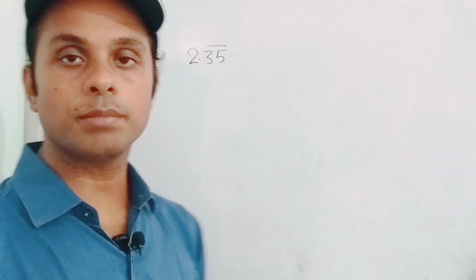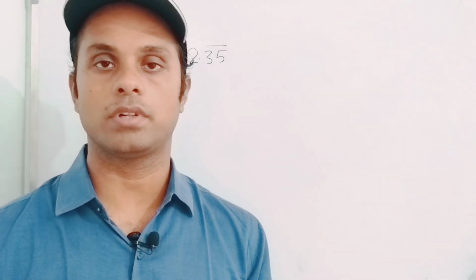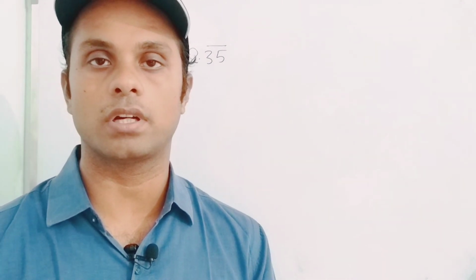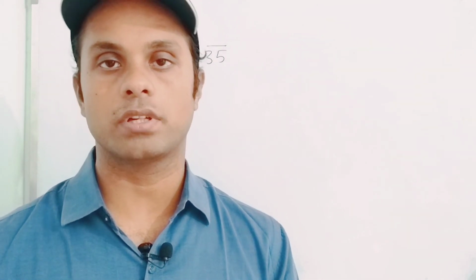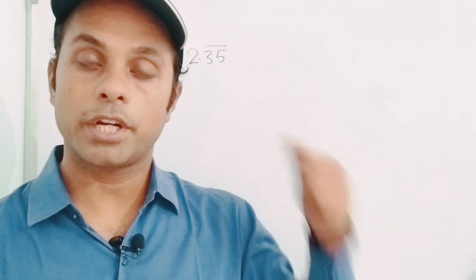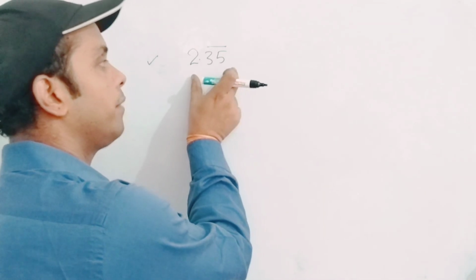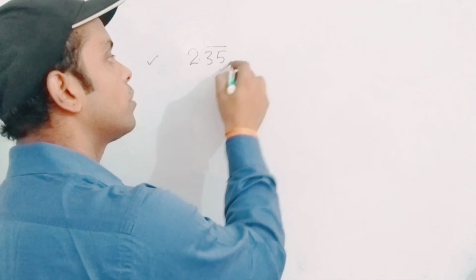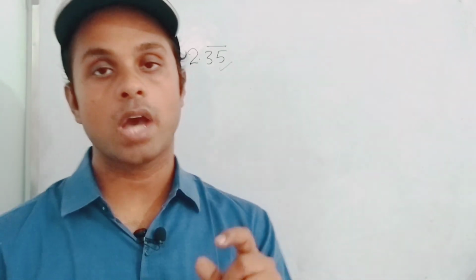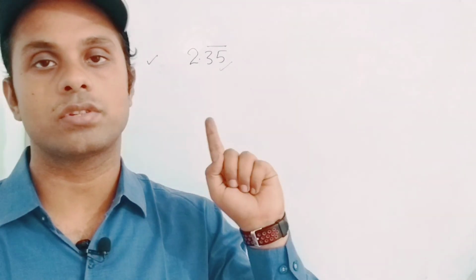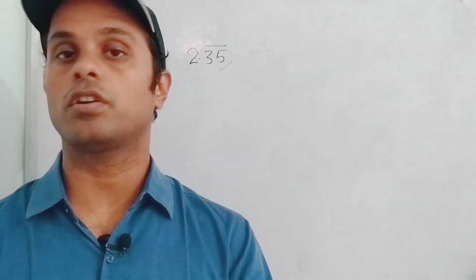As this is a decimal number, you have learned how to convert a decimal number into a fraction in the form of p by q, but here the fraction is not given. So without a fraction, what can we say about the denominator from the given number? So look, you have to decide first whether this is terminating or non-terminating.